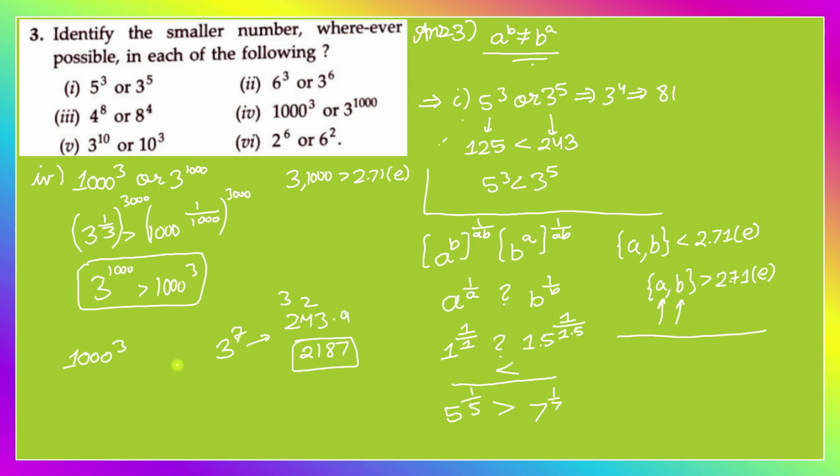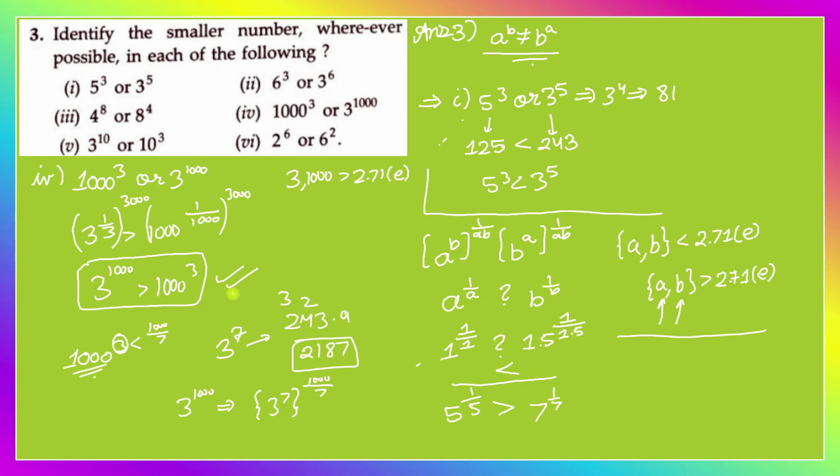So yeah, I can write 3 to the power of 1000 as 3 to the power of 7 to the power of 1000/7 by the laws of exponents, because if there are two consecutive exponents, we can multiply the exponents. Okay, my friends, so this we can say. And we know 3 is smaller than 1000/7. So see, the exponent is also smaller, the base is also smaller. Means both are smaller. That's why we can say that it is greater. So like this also we can see it, this trick.